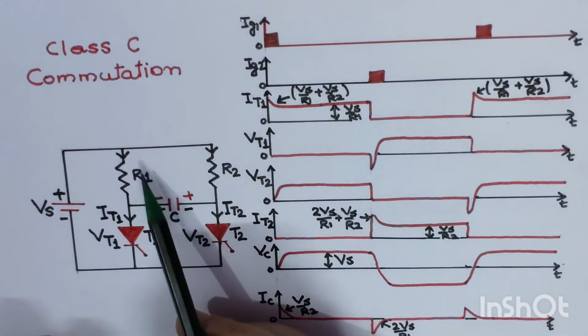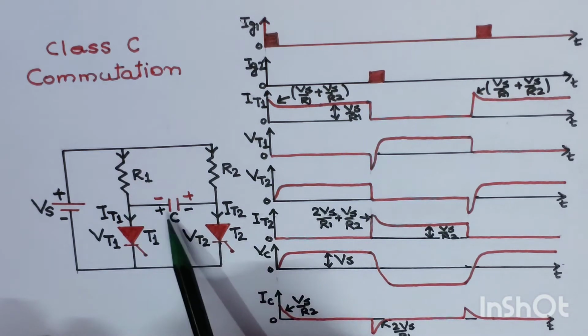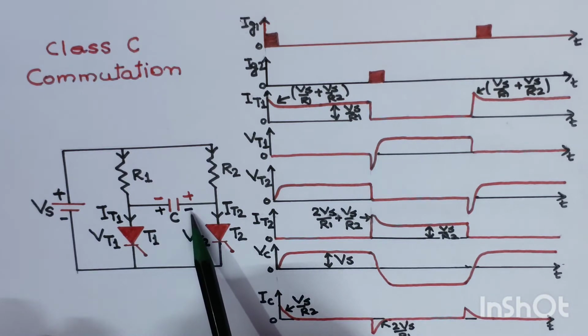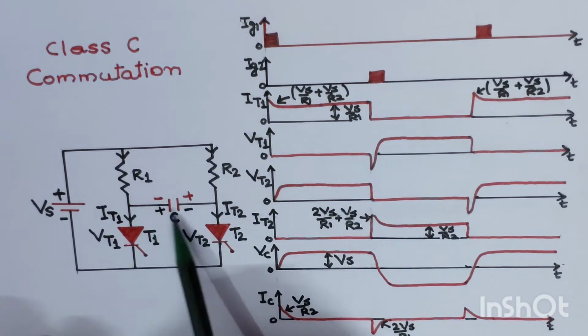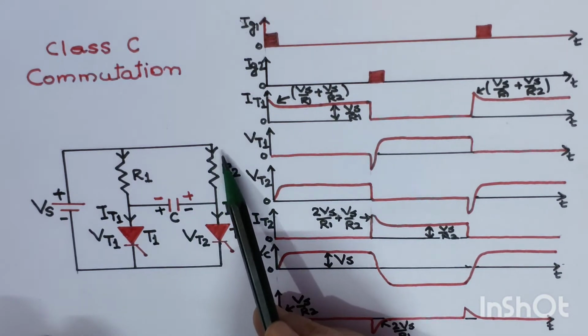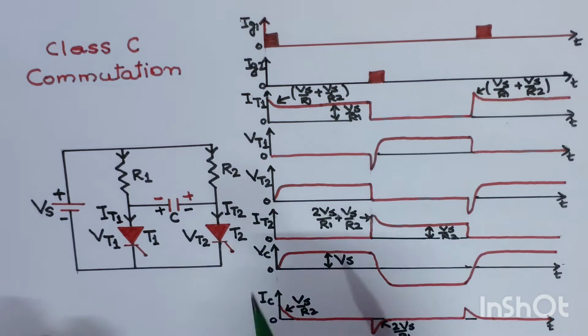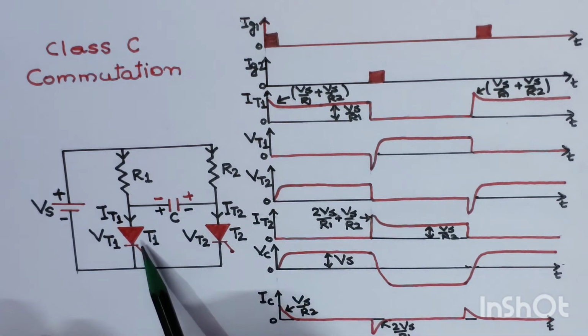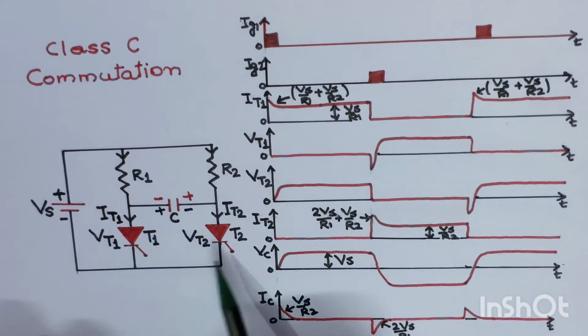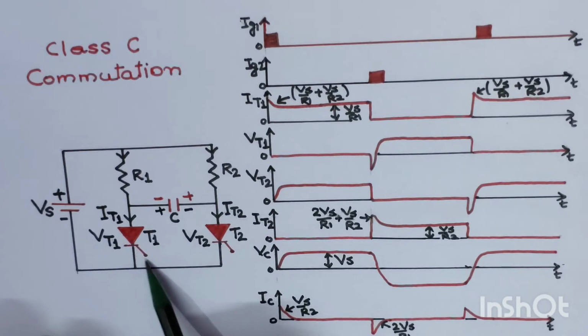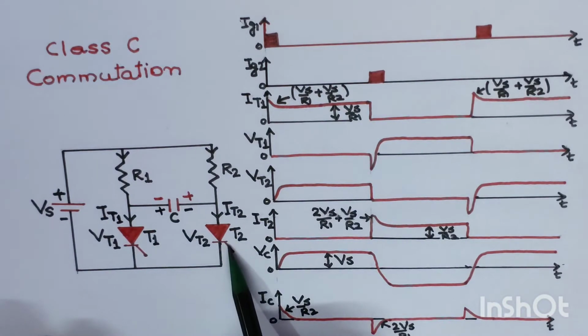How? Let us see. Now this capacitor is fully charged with plus polarity on this side, that is the left side, and negative polarity on the right side. And once this capacitor C is fully charged, the capacitor current flowing through C will stop and only one current will be flowing through the thyristor T2, that will be through resistance R2. So after this, if you give the trigger pulse to thyristor T1, what will happen? This path will be short circuited. So this positive polarity will be connected across the cathode of the thyristor T2. So T2 will be automatically switched off.